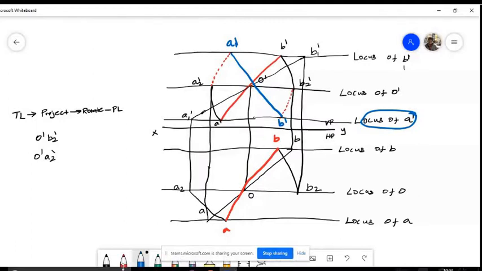In other words, the orientation of the front view will be similar to the orientation of the true length. Okay. So if the true length is something like this, there will be a slight inclination, but the orientation will not change. Okay, so this is wrong. So I'll just undo it. You should not do it in this way.